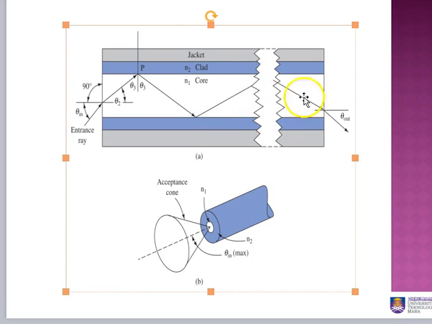So it can bounce inside the core until it reaches the receiving end. Here we can see the acceptance cone, the range of angles in which the light will be refracted into the core and then experience reflection at an angle greater than the critical angle, so it can bounce in the fiber using TIR, total internal reflection.